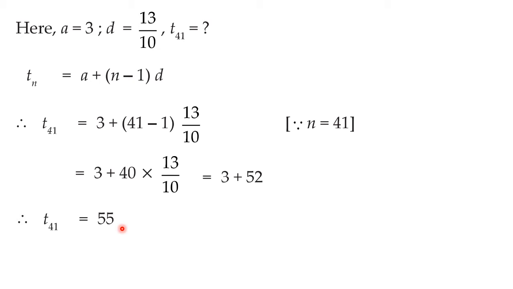And from this we can write down the final answer that thus the 41st term of the AP is 55. Okay. Always complete your answer with the statement if it is a word problem. It is told to you so many times. And then try to put a box around that answer so that the examiner can see the answer very clearly. Okay. Now let us go ahead in this particular exercise.